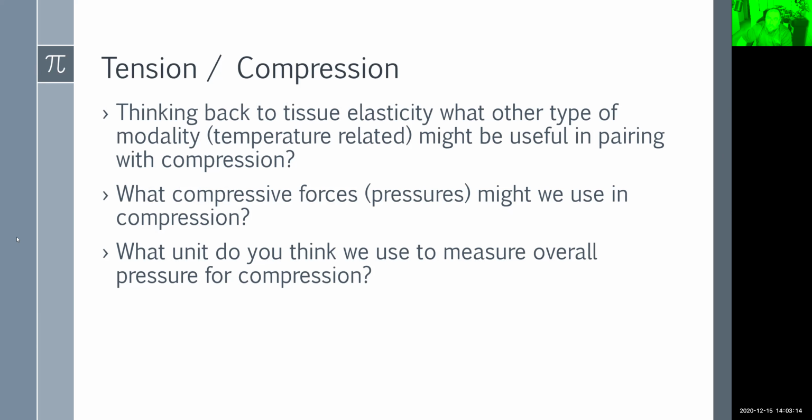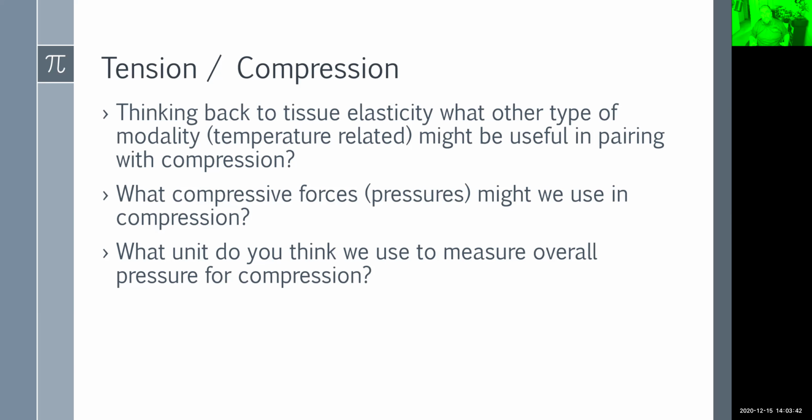So what unit do we use to measure compression? Well, we're going to use millimeters of mercury. We may use bars in certain areas, right? Stuff like that. Depends upon what we're using. PSI can be used. This comes into play with patients that are doing blood flow restriction as well, which we'll talk about later. I don't even want to get into that right now because that could get me on a 40-minute tangent, and I'm going to be wrapping up this lecture shortly. So all of that comes into play when we do this compression.